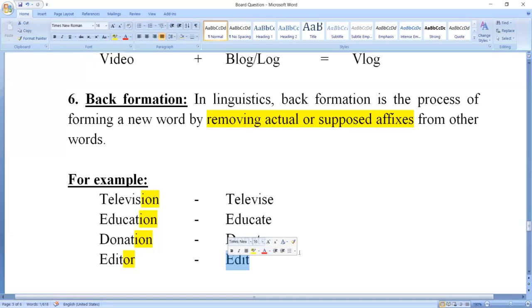Okay, because we know a word, that is, education is a familiar word, but we now need the verb form of education. So as we know education, and we also know how we can make the verb form of education, it will help us in the case of synonym or antonym, or to make a new word by removing the suffixes or prefixes. Okay,